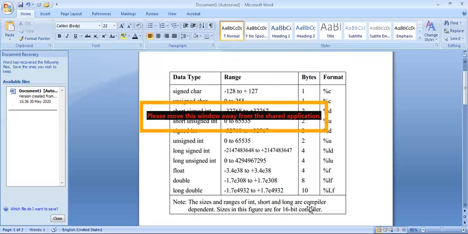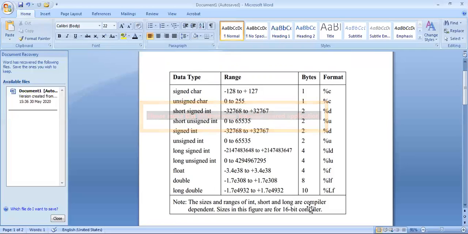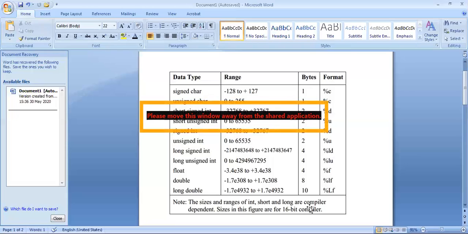So here we come to the end of the concept of data types. A good concept of data types would help us in choosing the correct type for our variables. And it is one of the aspects of a good programmer to choose the data type wisely. Suppose we are working with decimal numbers and we want a more precise result.